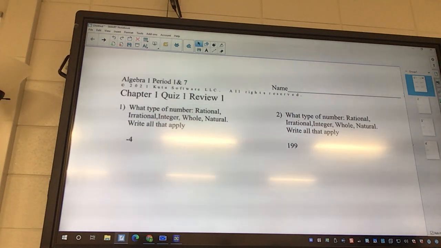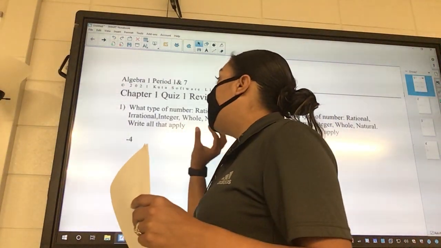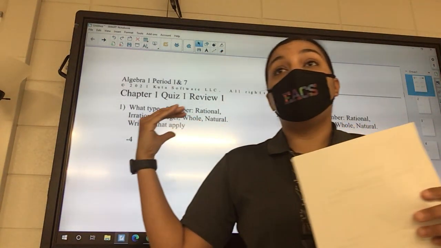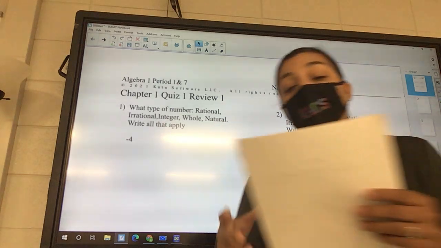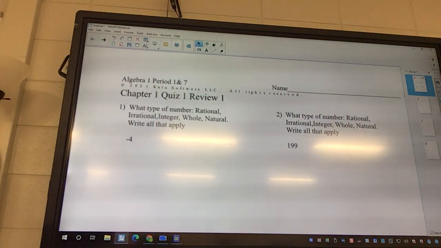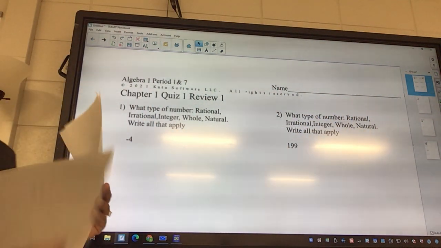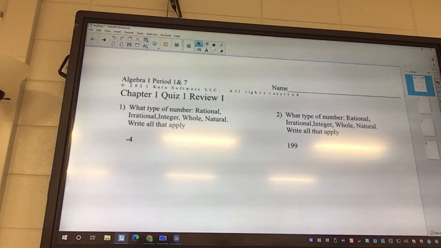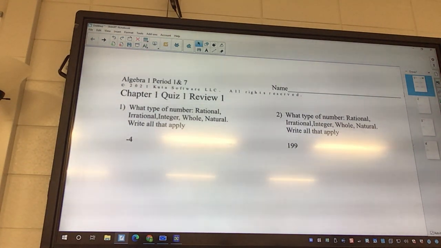So you can use any of your old papers on your quiz, okay? If you've been saving them, that's great. These reviews, take really good notes on them, okay? You can use this on your quiz. If you have this, you can use this on your quiz. I have a couple of your guys' to give back to you, Jamila. Okay, so find them if you don't have them, if you want to use them.